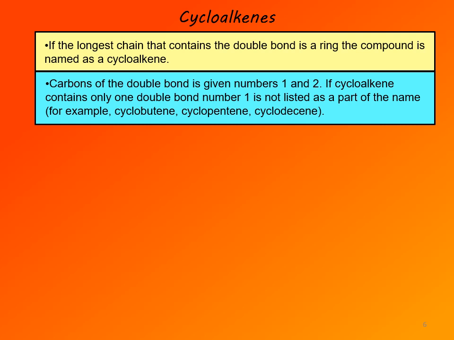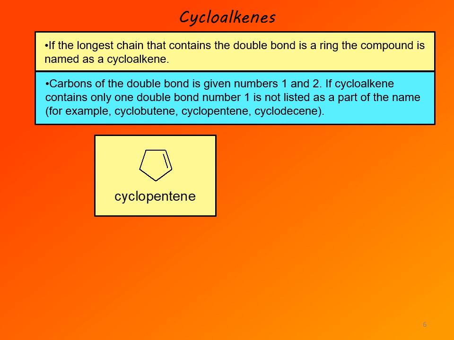Unlike an open chain compound, where two carbons of the double bond obviously get consecutive numbers, and it's rather difficult not to give them consecutive numbers, in a ring we can start numbering at either of the two carbons of the double bond. We can go clockwise or counterclockwise, and it's very easy to make a mistake of not assigning them consecutive numbers. If cycloalkene contains only one double bond, then number 1 is not listed as part of the